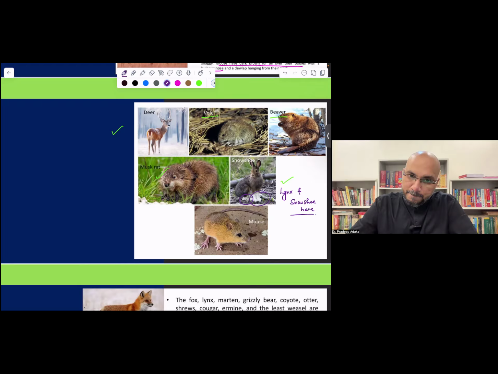So it will have white color fur during the winter, so that will act as a camouflage to protect itself from the predators. In the spring season, as the day length increases, melanin production also increases,